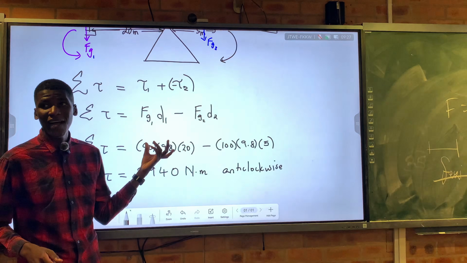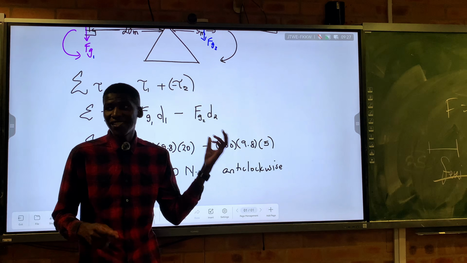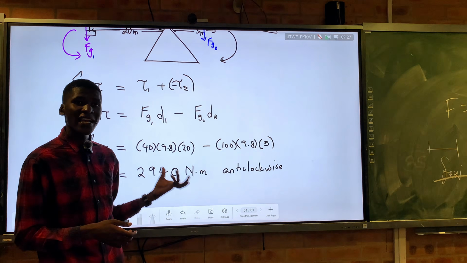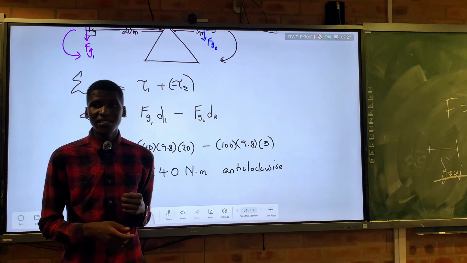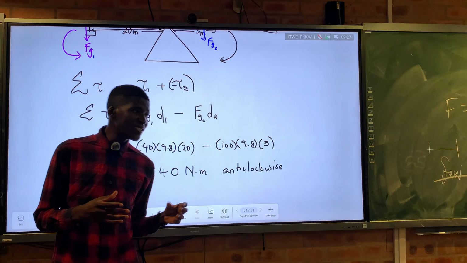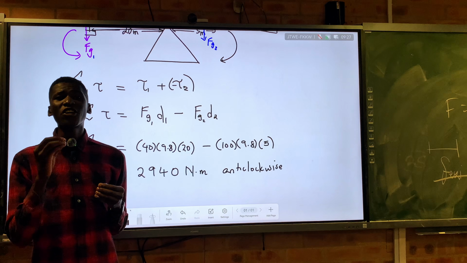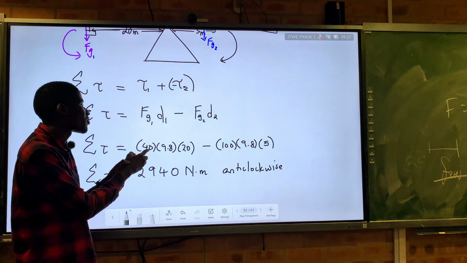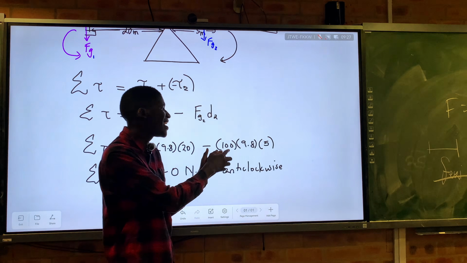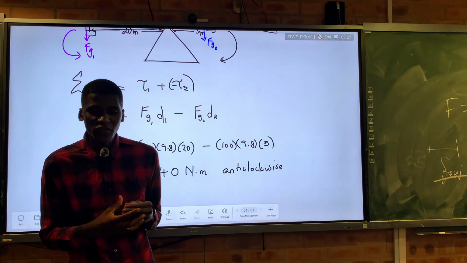So that's why it's important for you to calculate the torque that is anti-clockwise, and the torque caused by the lighter object and the torque caused by the heavier object. You combine them respecting directions. Whatever answer you get will tell you where this will rotate. So it's not always about the size of the object, it's not always about the force that is being applied. The distance also plays a crucial role, as in 40 times 9.8 times 20 compared to 100 times 9.8 times 5. Because torque has multiple factors contributing to it.